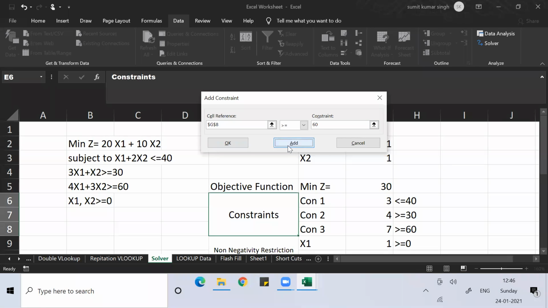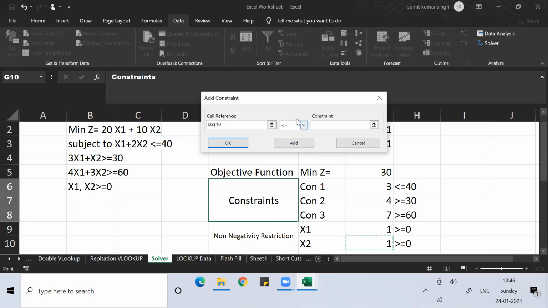Click on Add. Then the non-negative restriction. X1 should be greater than or equal to 0, because that is the non-negative restriction. Then again x2, where x2 is.